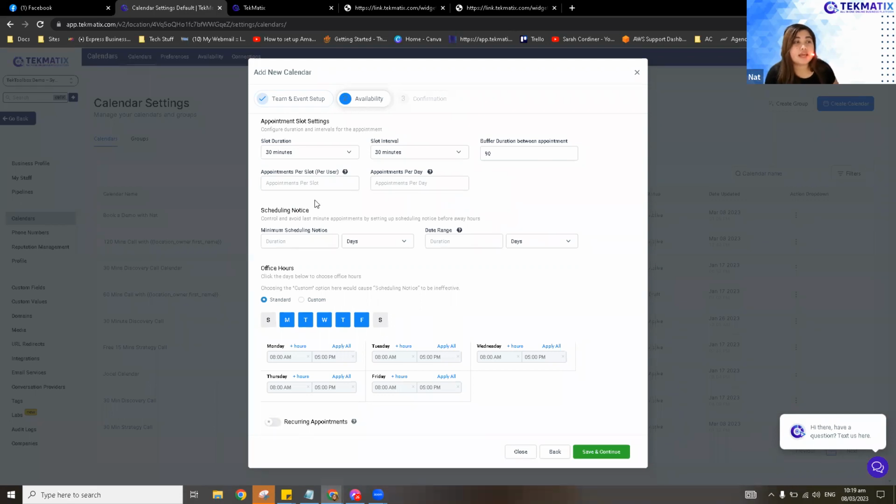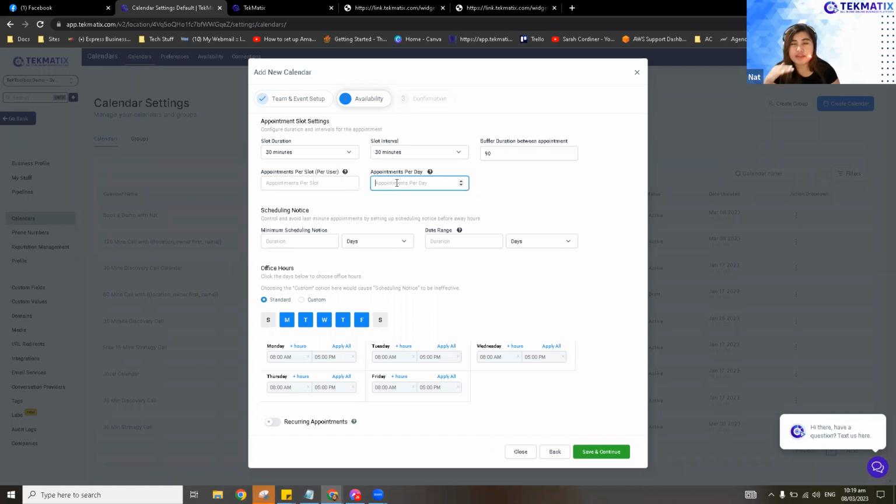And after that one, appointments per slot. If you're doing a group call, you can put in multiple numbers in here. I think this requires, you can add at least 90 people, I think. Let's do 100. Oh yeah, I can actually add a lot. So you can either have one, if this is basically a one-on-one call, you can just put one in there, and put multiple numbers if it's a group call. And then after that one, appointments per day.